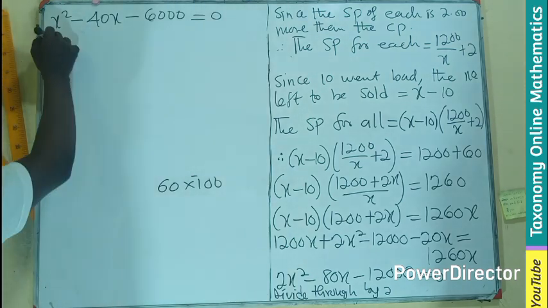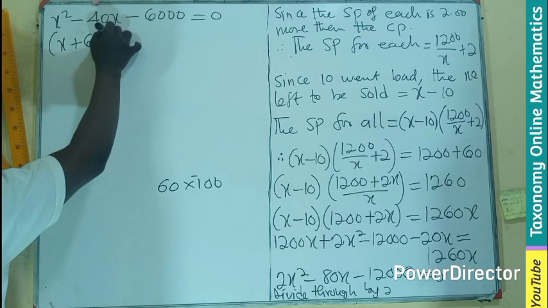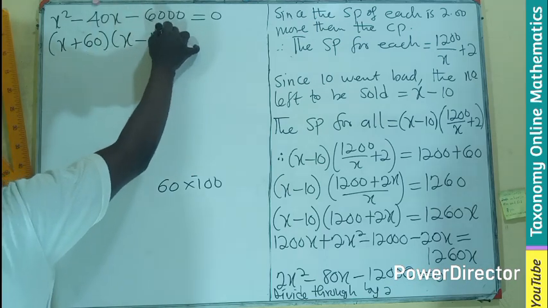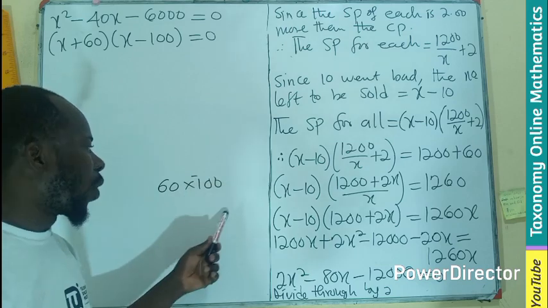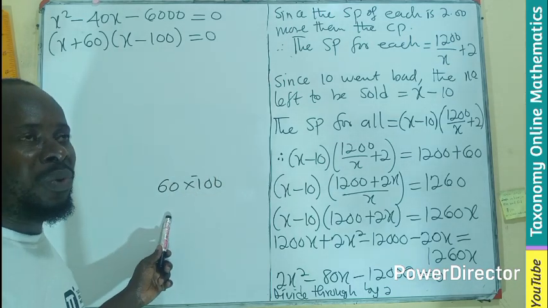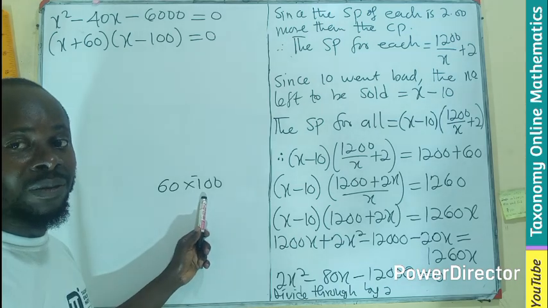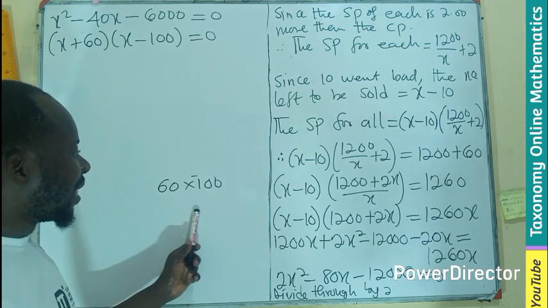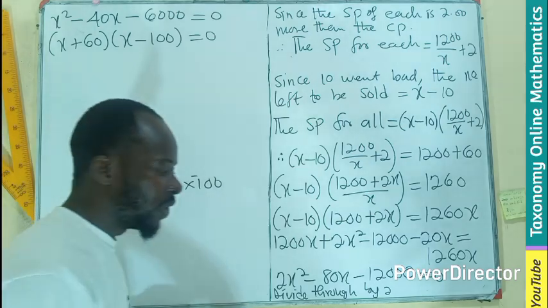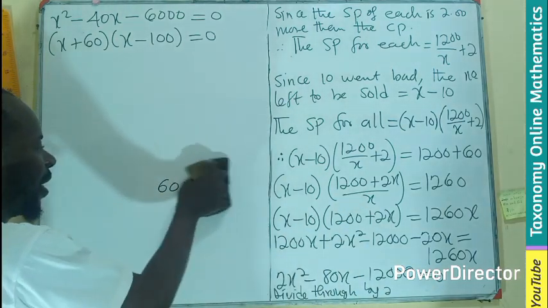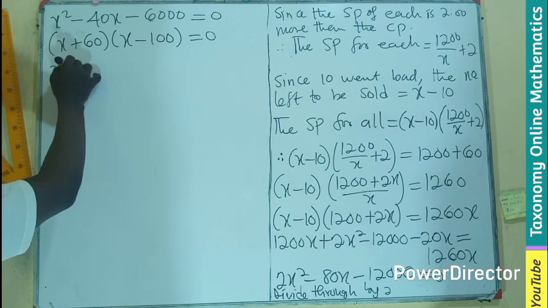Okay, so we are going to have (x + 60), then (x - 100) as the factors. Remember, knowing the factors, when we are looking for negative, the biggest factor, pick the negative. If you cannot easily get this, try using the completing the square approach. You will still get the 60 and negative what? 100. So this means that x is either